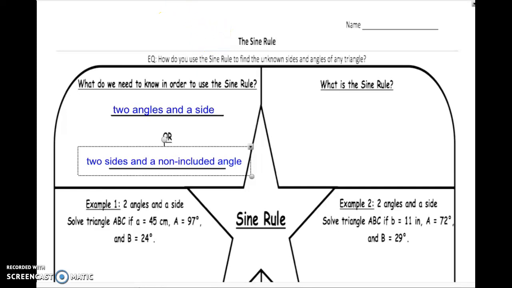So on the back of the packet we did for the 9.1 stuff, you'll find this sheet, and this just quickly summarizes what we call the law of sines. And so when we want to use the law of sines, we have to have two different scenarios. So if you guys think back to geometry when we did all of the